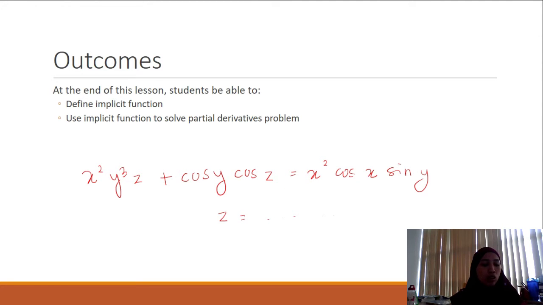Fortunately, the concept of implicit differentiation for derivatives of single variable functions can be passed down to partial differentiation of functions of several variables. So we will discuss how to use implicit functions in order to solve partial derivative